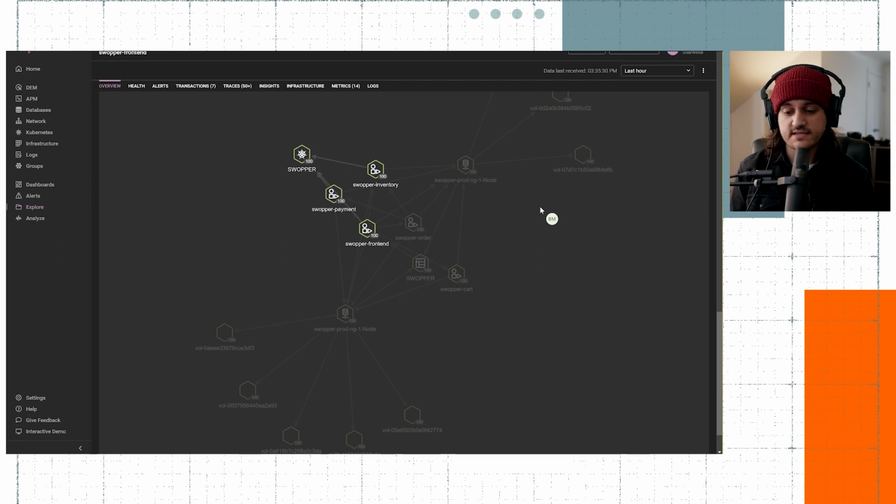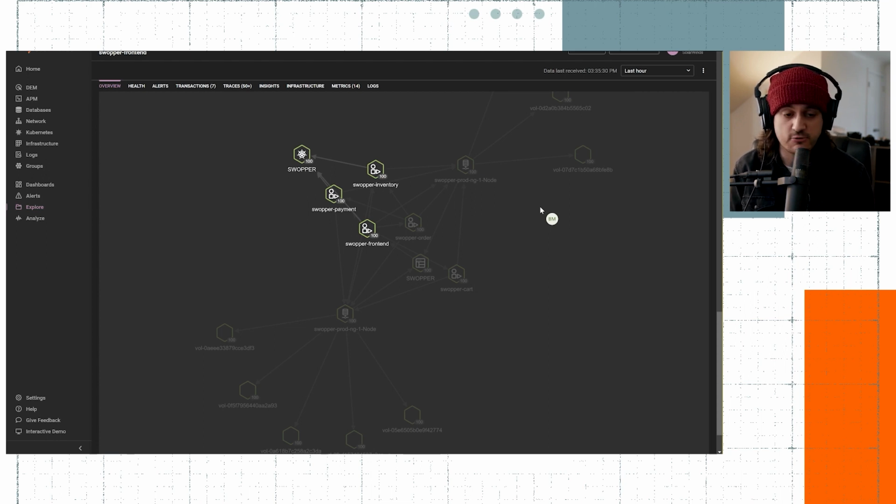The idea here is that these are not islands. These all exist and relate to each other on some level. And there are implications there that they could impact each other at the same time. So just because my Swapper front end service, for example, might have a bad health score, it doesn't mean that it's just the front end's problem. That could be caused because a database is taking a long time to respond.